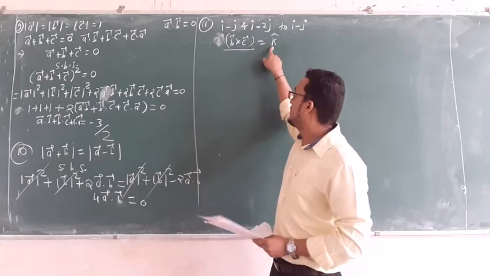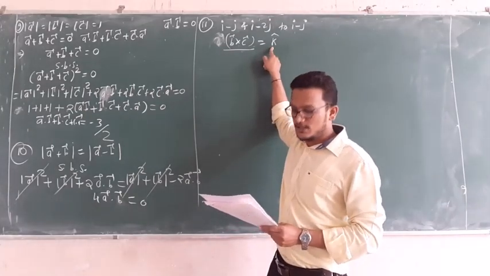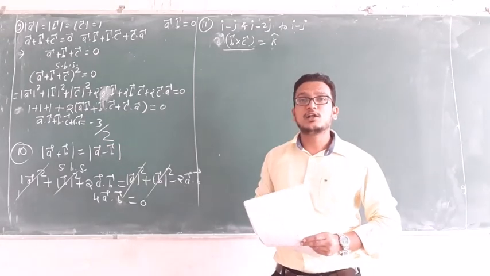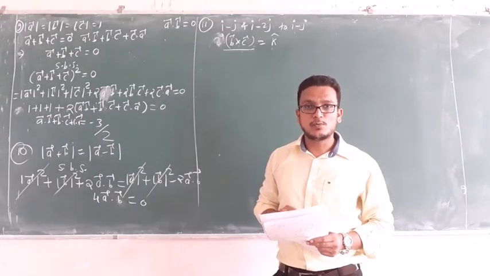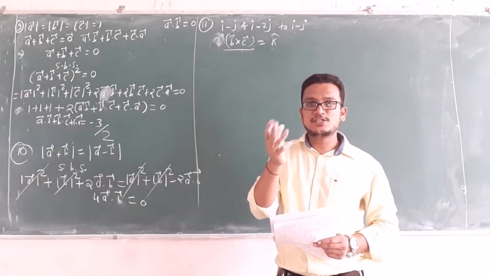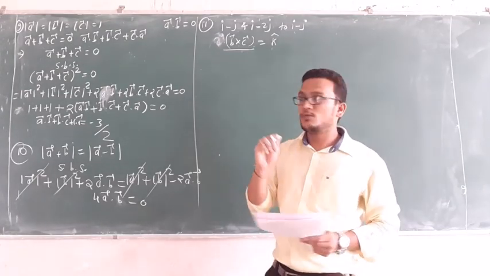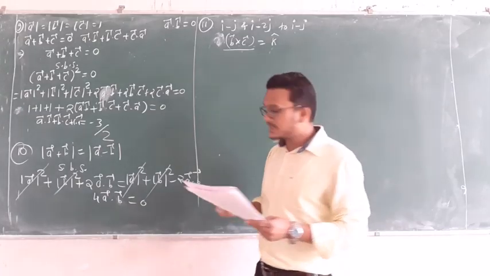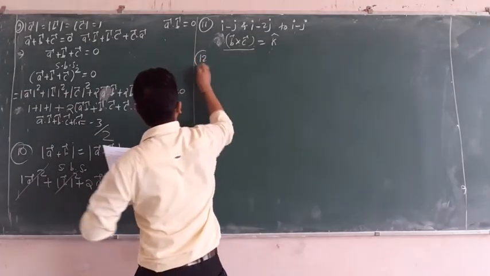But here we have which component form? K. Therefore, in this question, the answer is none of the above. Because three options are given in i, j form, and D will be none of the above. But here we are getting K, therefore option none of the above is the correct one. Next question, it is question number 12.